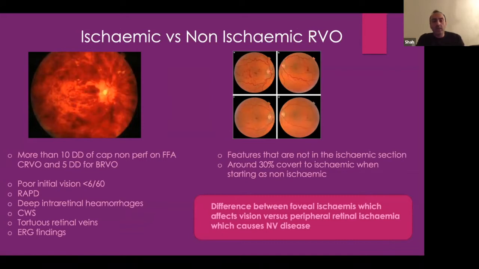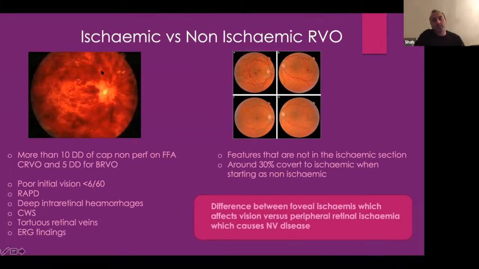And also, a lot of you now have OCTs, so we'd want to know if there's any established macular edema or not. And finally, the other thing that we would want to know is whether you feel that there's any ischemia or not. Now, ischemia on presentation is sometimes difficult to obtain, but in general, if the vision is worse than 6/60,